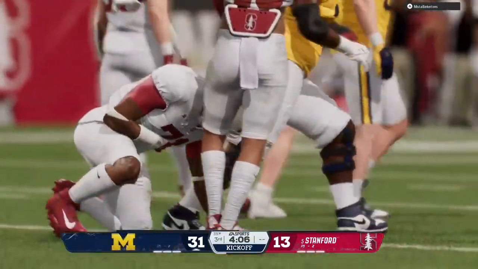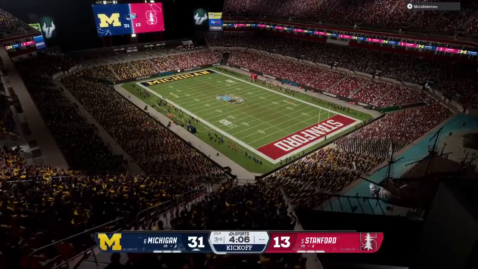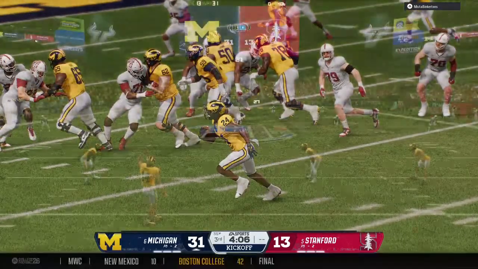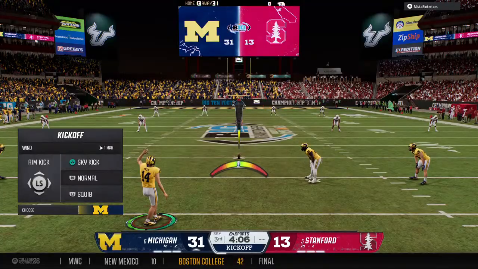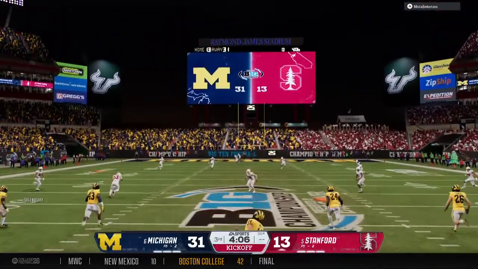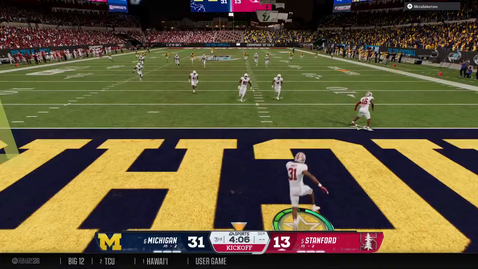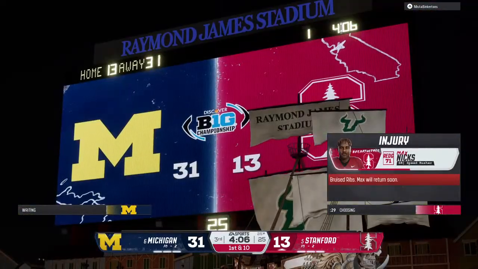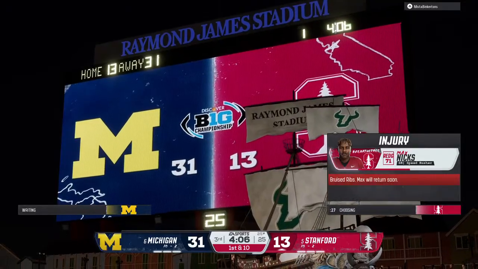Looks like a player is down injured at that last play. We'll take a timeout while they check it out. Kickoff team out there. They are fired up after just scoring a touchdown. And the kickoff goes out the back of the end zone, so a touchback.